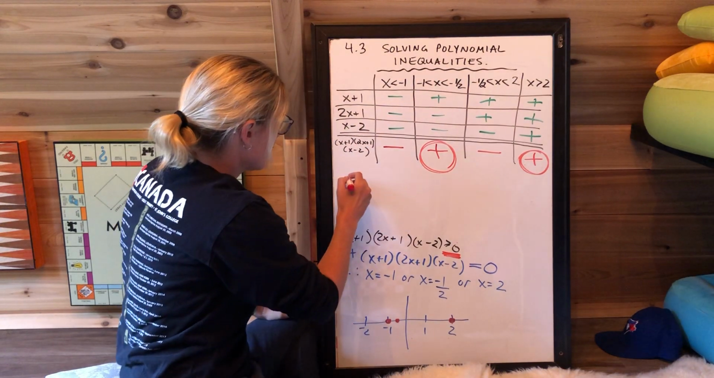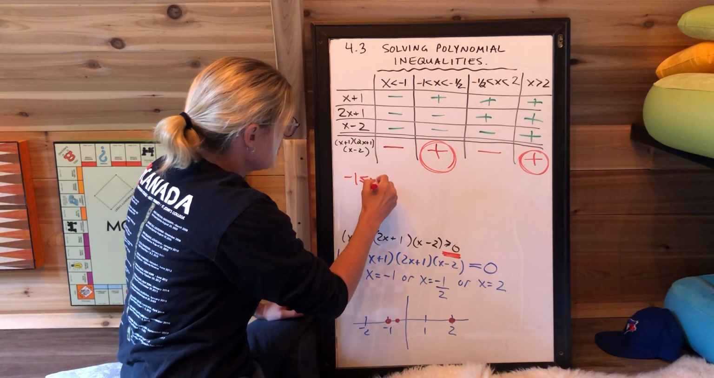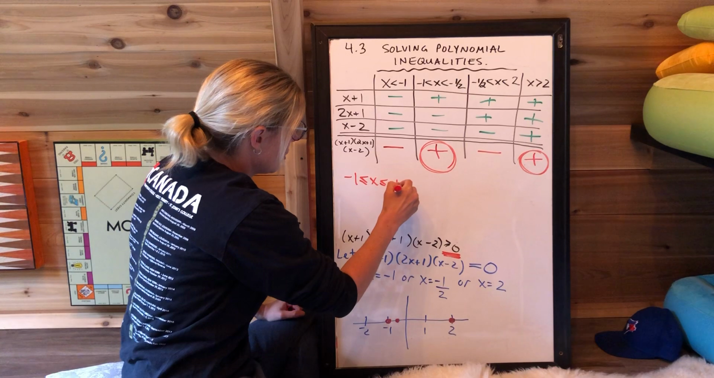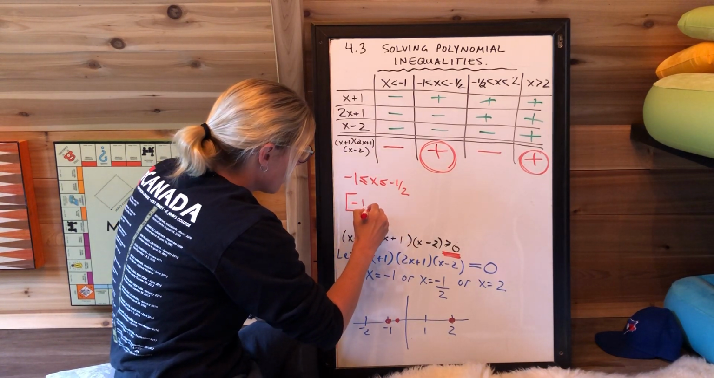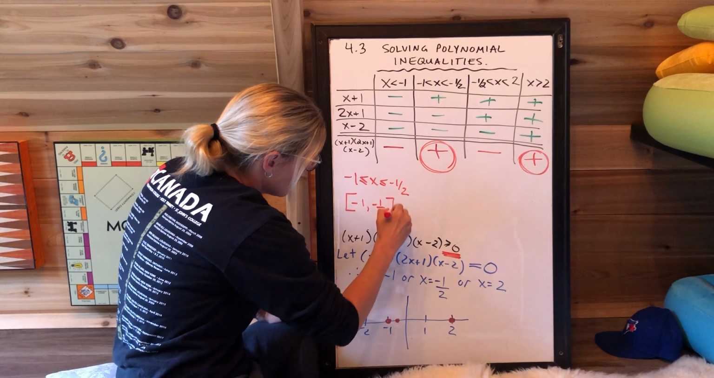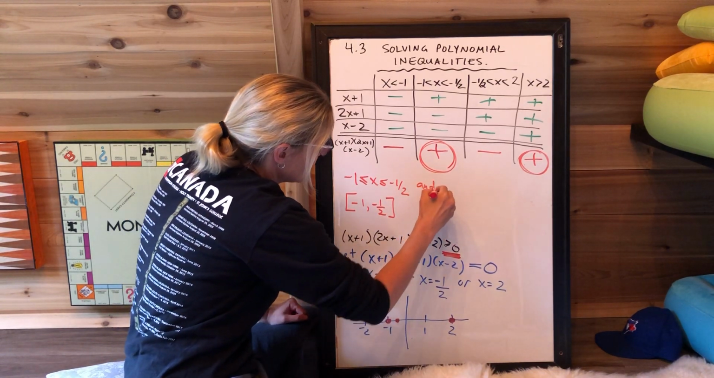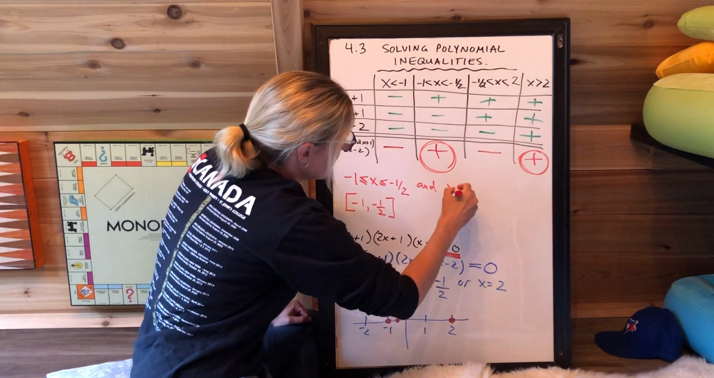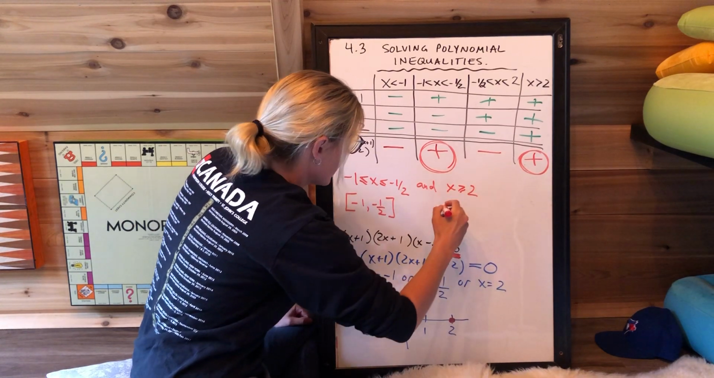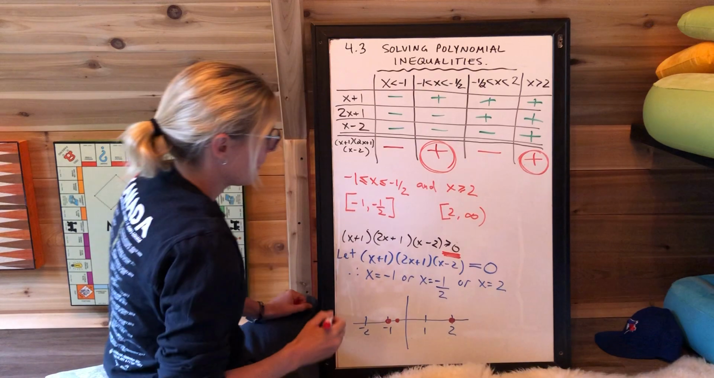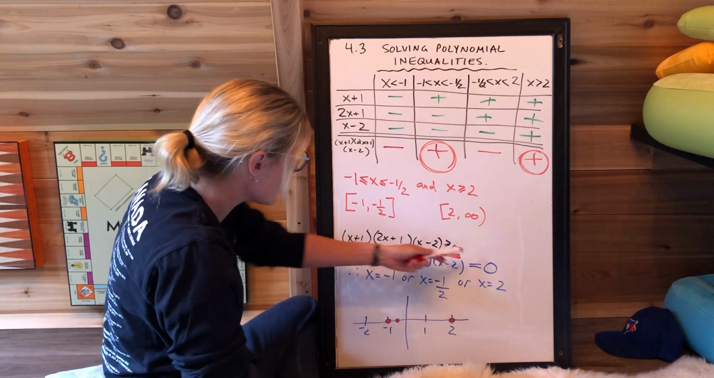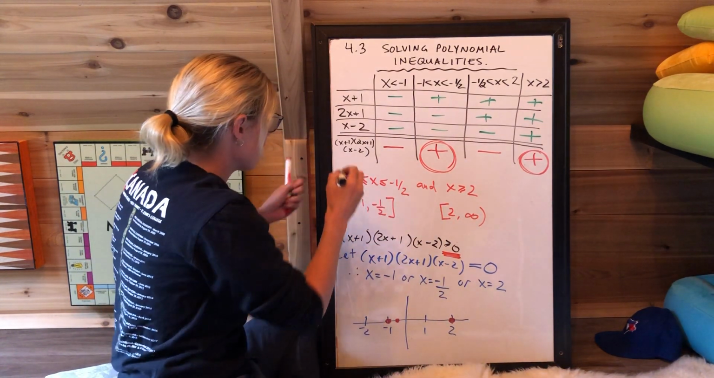So you either say -1 is less than or equal to x is less than or equal to -1/2. If you're using bracket notation, you're going to put the square brackets. Okay, and it's also greater than or equal to 0 when x is greater than or equal to 2. And again, you could do that 2 to infinity. Okay, so the question was, when is it greater than or equal to 0? So you would say, therefore,